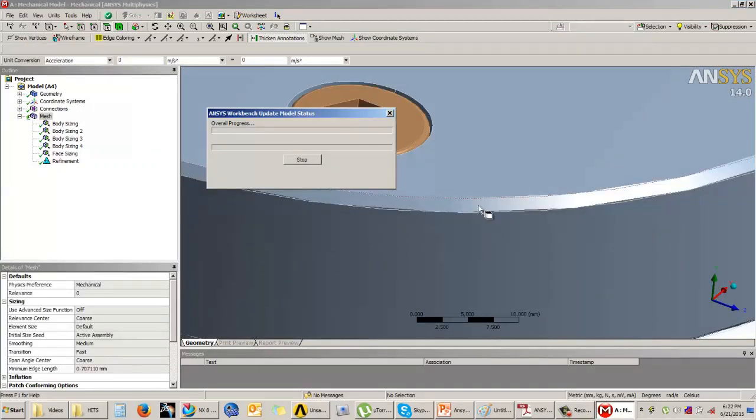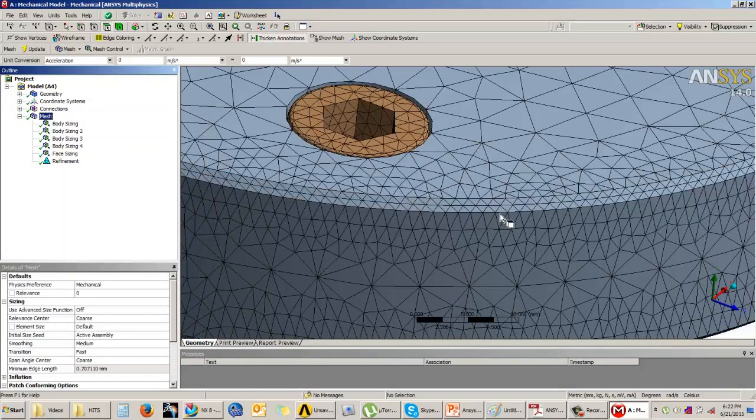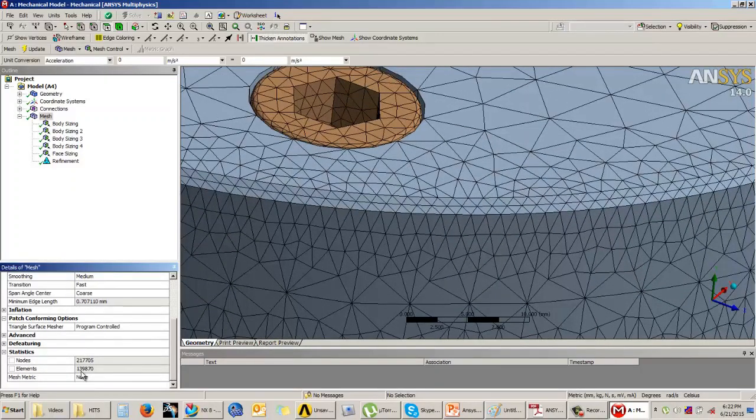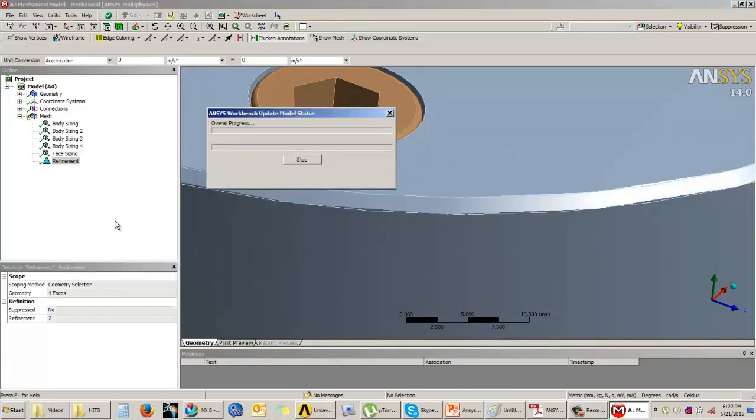So what happens is the elements on this face will be refined by 1 level. We don't know by how much it will reduce the element size. Can you see this? The elements have been refined over here, and the elements also have increased. From 1,06,000 it has increased to 1,39,000. If I go for another level of refinement, that is the second level, and update the meshing,